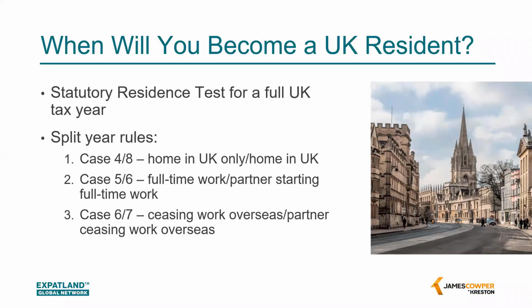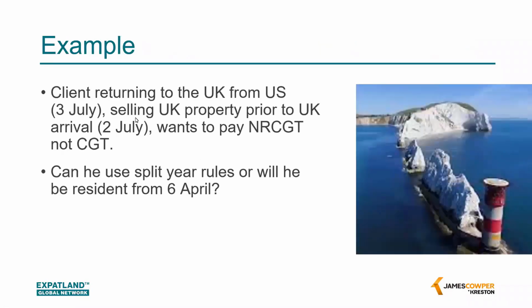But broadly, if you're working at least 75% of your time in the UK from when you arrive, then you'll probably meet that test. The ties test as well has some complexities and varies depending on whether you've been in the UK in the last 3 tax years or not. So if you've discovered that you are a resident, you can move on to look at the split year cases